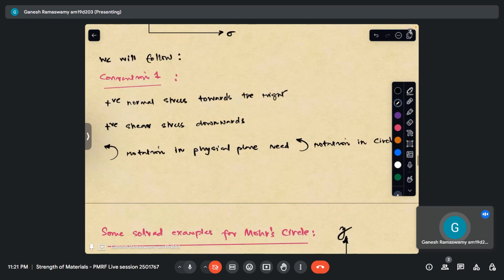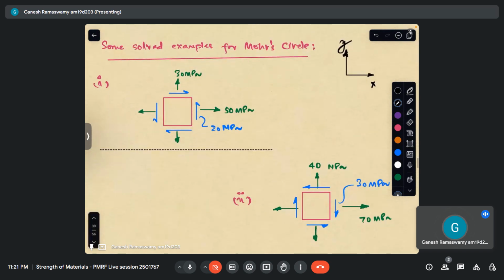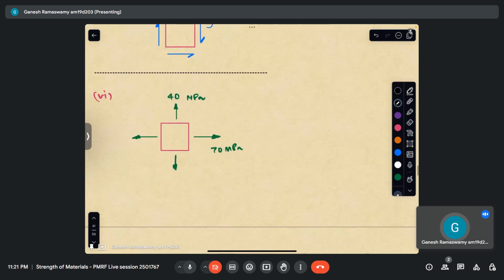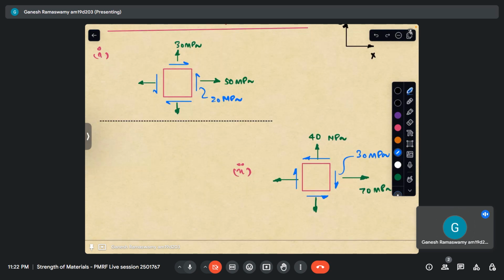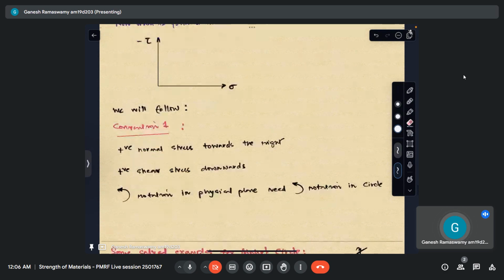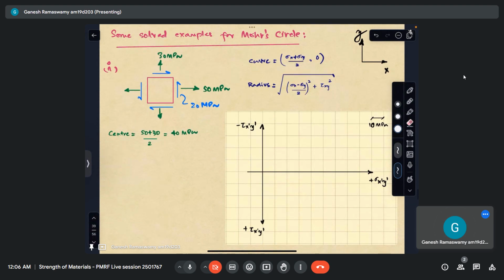So let us look at some problems from the Mohr circle. I have actually collated some interesting problems. These have basically all the types of problems contained, so that we become confident with solving the Mohr circle. So let us look at these problems one by one. In the interest of time, I have selected a couple of problems and I have pre-filled some of the data, so that we can just look at how it is to be plotted. And I encourage the viewers to work these out on their own once so that it becomes clear.